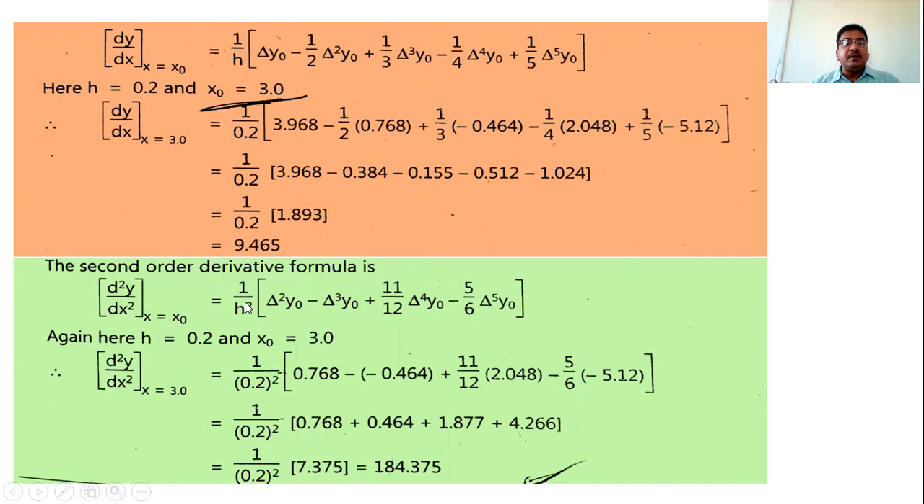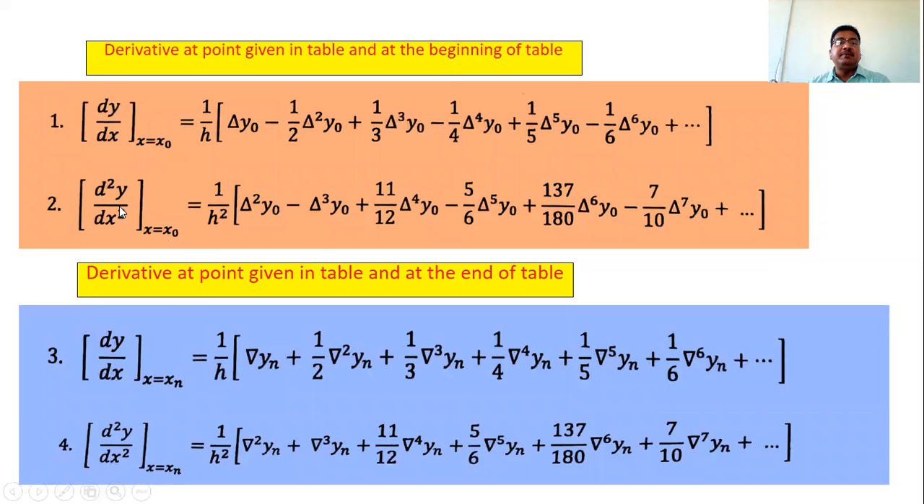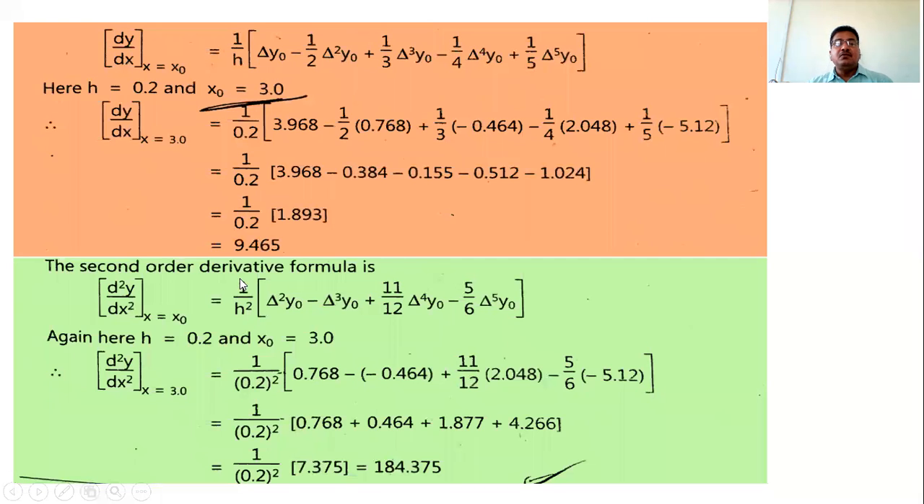Then the second order derivative at the first point. So first write the formula for the second order derivative: d square y by dx square at x is equal to x naught. That is this formula; write up to the terms of fifth order difference. So what are the terms? 1 by h square, delta square y naught minus delta cube y naught plus 11 by 12 delta raised to 4 y naught minus 5 by 6 delta raised to 5 y naught. And then substitute h as 0.2, x naught as 3.0, and substitute delta square y naught. The value of delta square y naught is